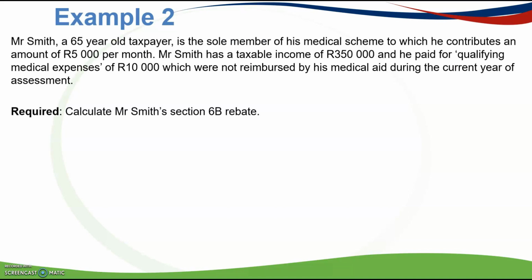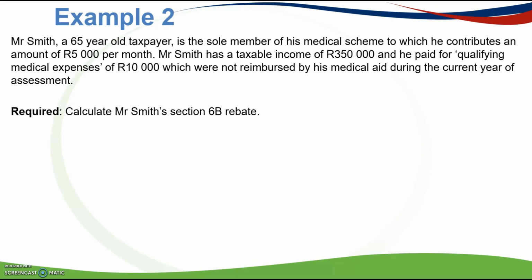And then for this example, we would look at a taxpayer who is 65 or older, right? So how do we calculate Section 6B rebates for a taxpayer that is 65 or older? This is how we would do it. Firstly, let's look at the details of the example. You have Mr. Smith, a 65-year-old taxpayer, is the sole member of his medical aid, similar to example 1,